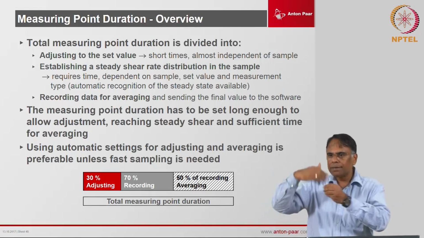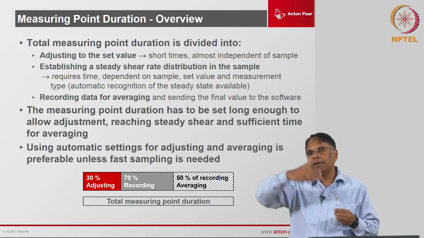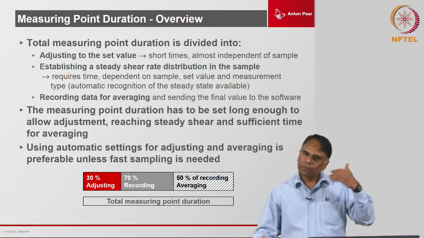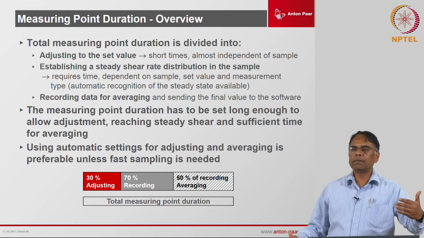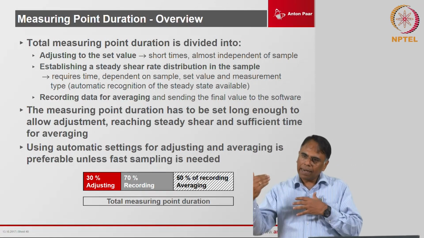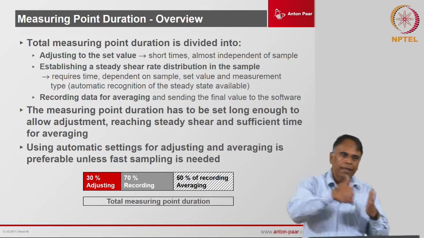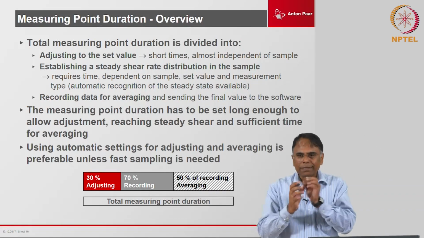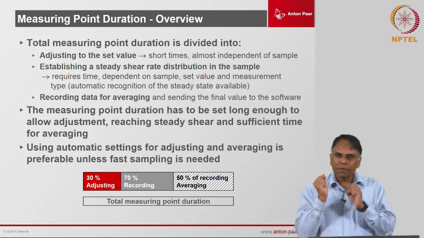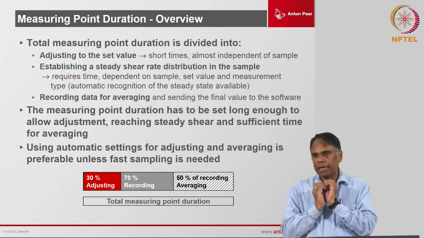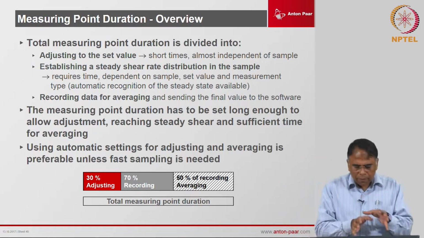The waveform has 256 or 512 data points. So, 512 data points, let us say, of the strain and 512 data points of the stress are arranged, they are vectored, and then the phase shift is measured between them. Of course, this is happening very fast in the electronics, but it still requires a few milliseconds to microseconds of time. So, this all has to be considered.